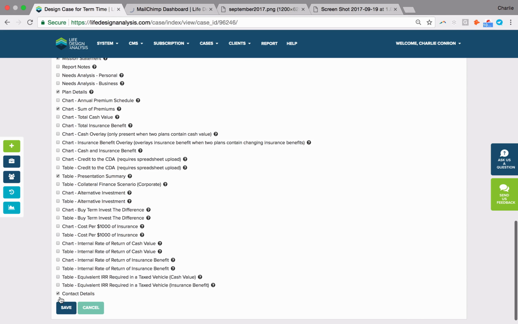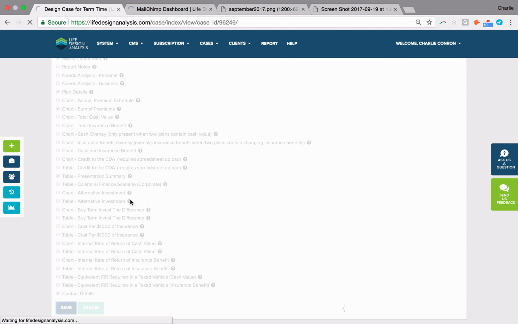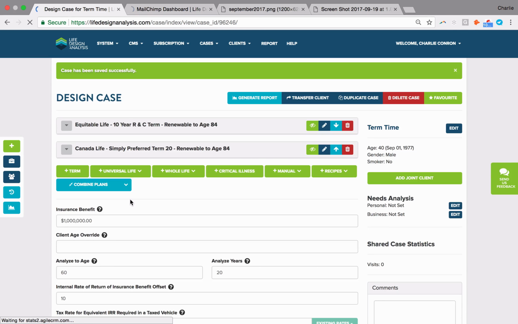Now, the other thing I want to do while I'm here is I want to add another length of term. So this is a great term 10 versus term 20, but as I said, this client who's 40 probably needs insurance at least till 65. I mean, that's generally when people think about retiring and say, maybe I don't have any liabilities other than perhaps final expenses, but I'll have saved enough. So even for those clients, we want to show them term products that fit their time needs.